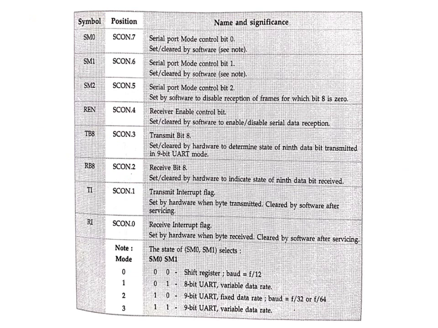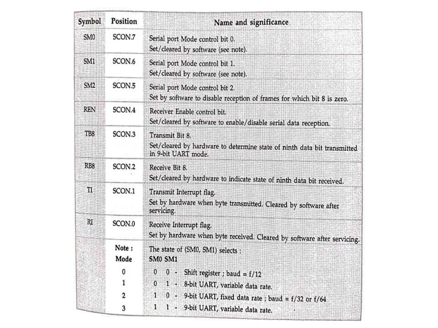Next, all the 8 bits of SCON, that is Serial Control Register, and their functionalities are shown in the table here. If we start from MSB side, the 7th bit is SM0. Its position is SCON.7. That means it is bit addressable, with representation SCON.7, so we can access this particular bit in this way. It is serial port mode control bit 0. We can set or clear by software.